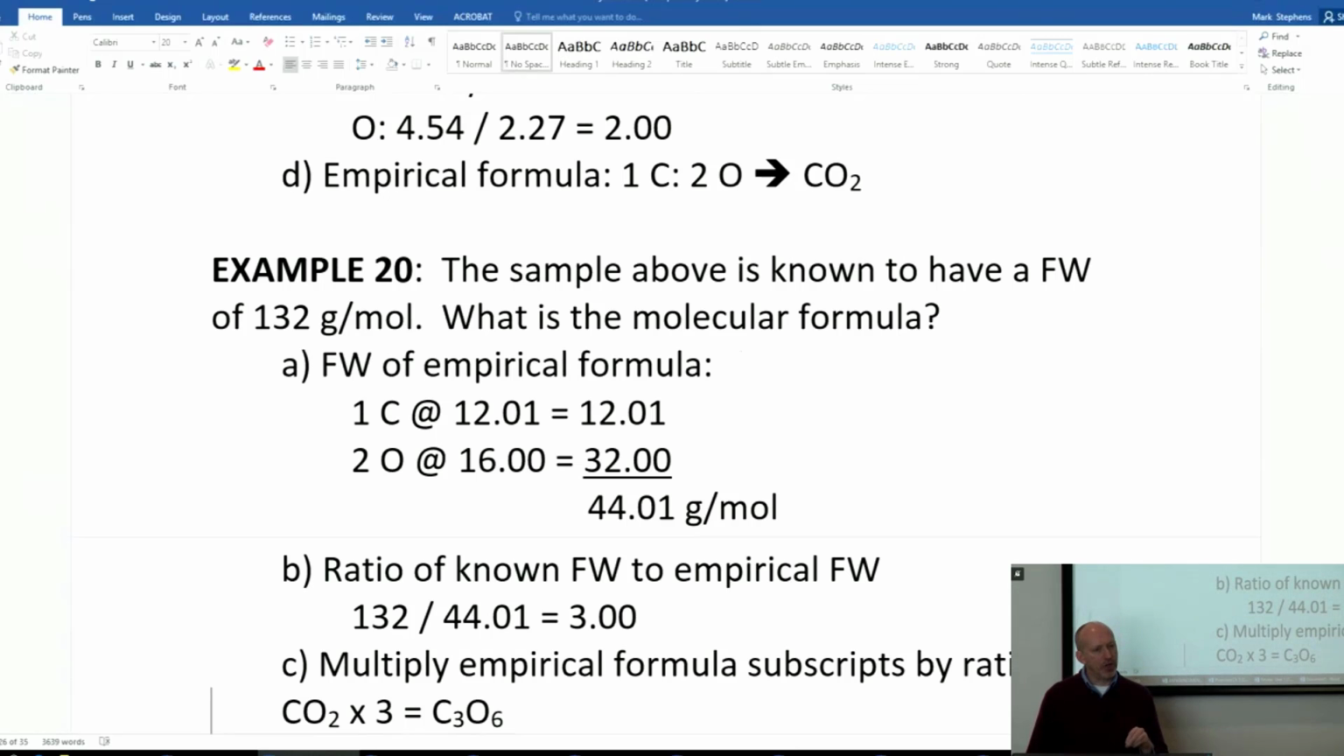So if I've got an empirical formula and I want a real one, I need the formula weight. I set up a reverse ratio to figure out how that's going to